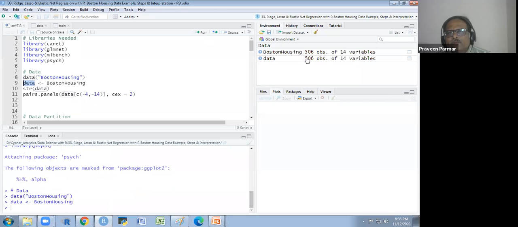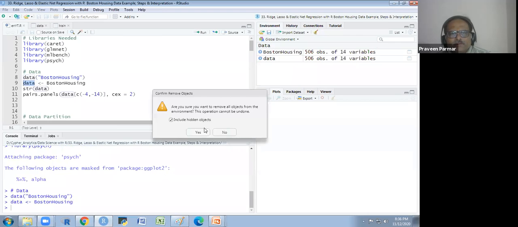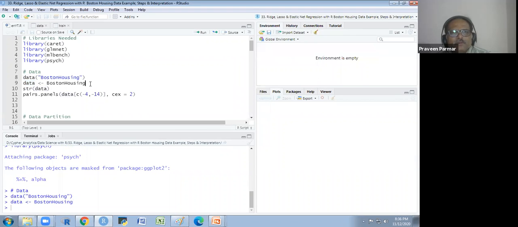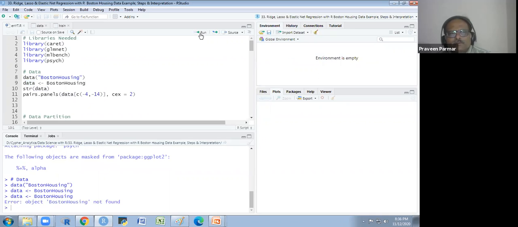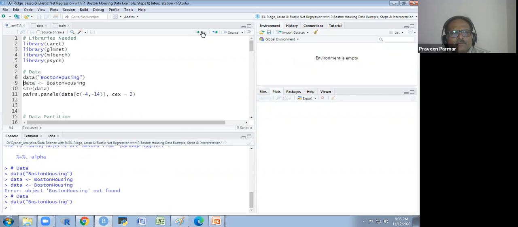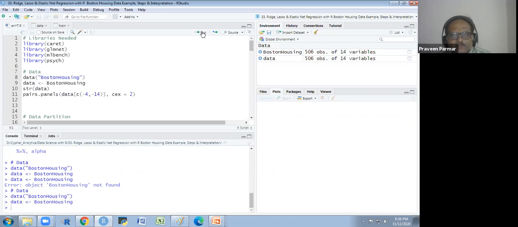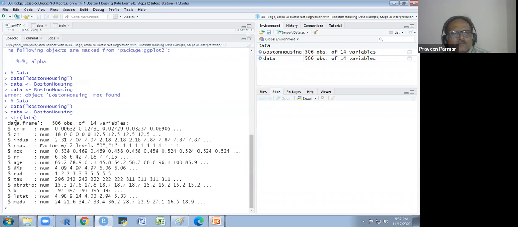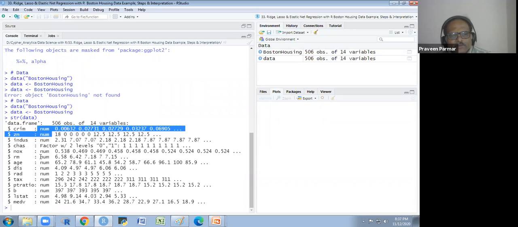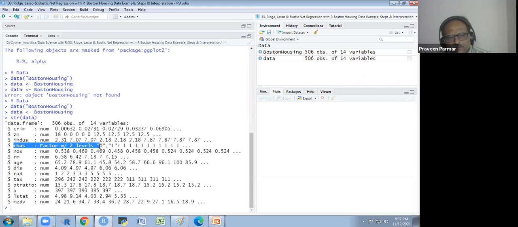I have to take this first, then I could run it, and I will see the structure. Most of the variables are numeric, only one variable has two levels.